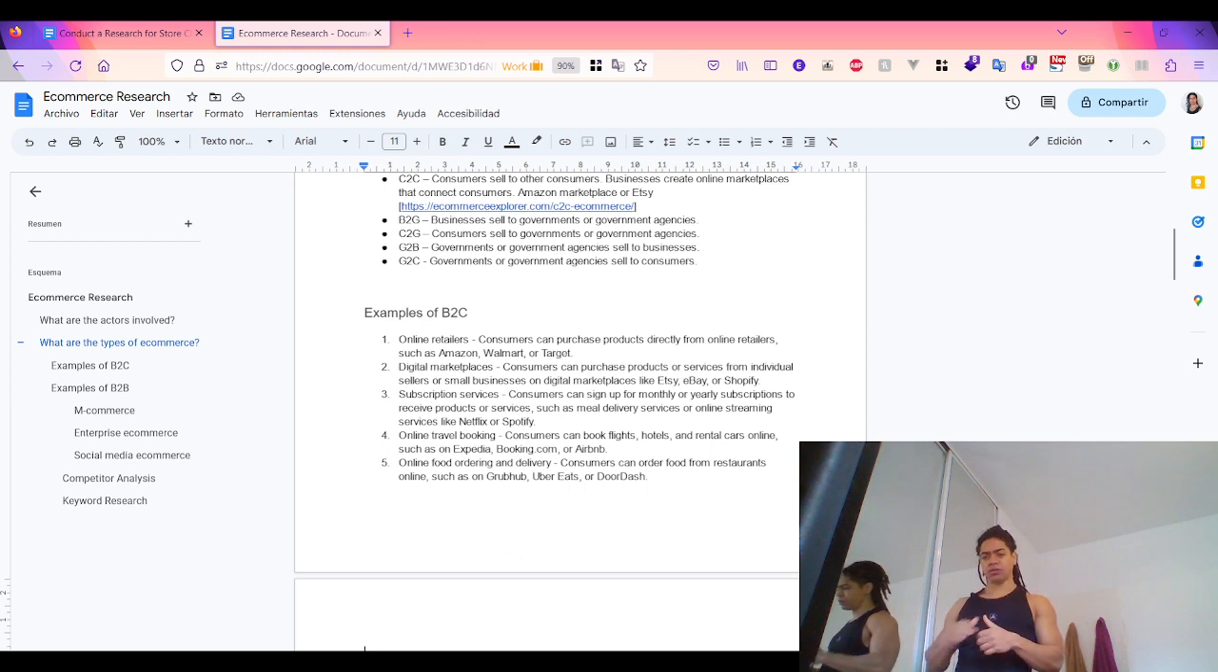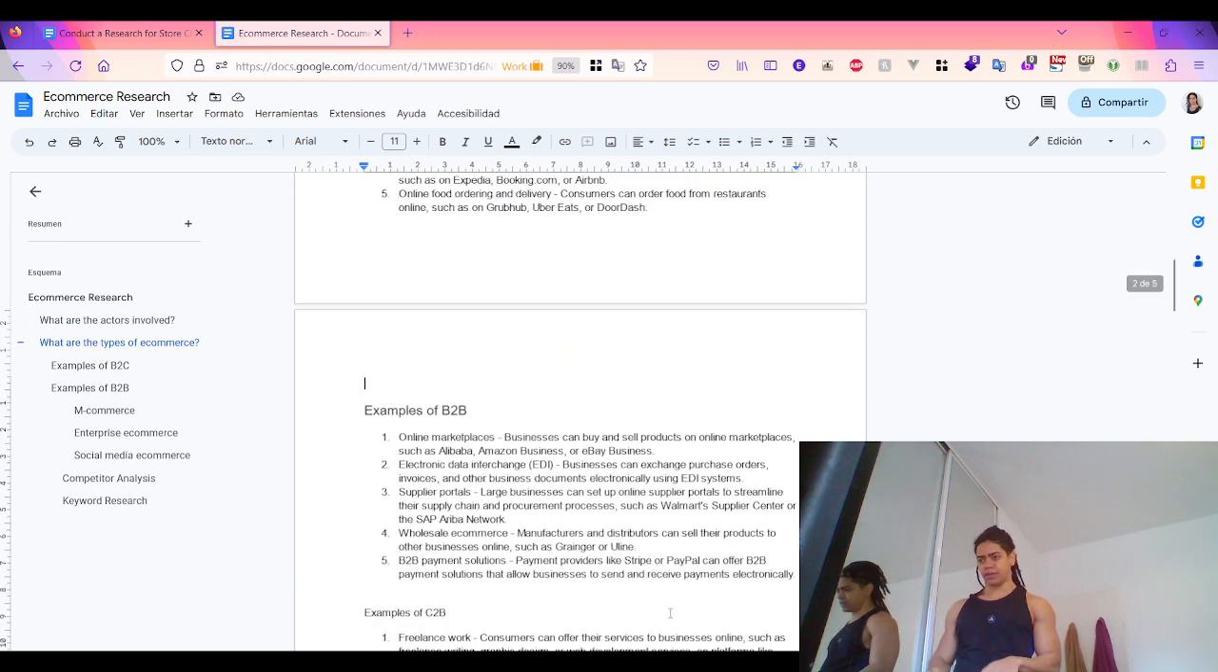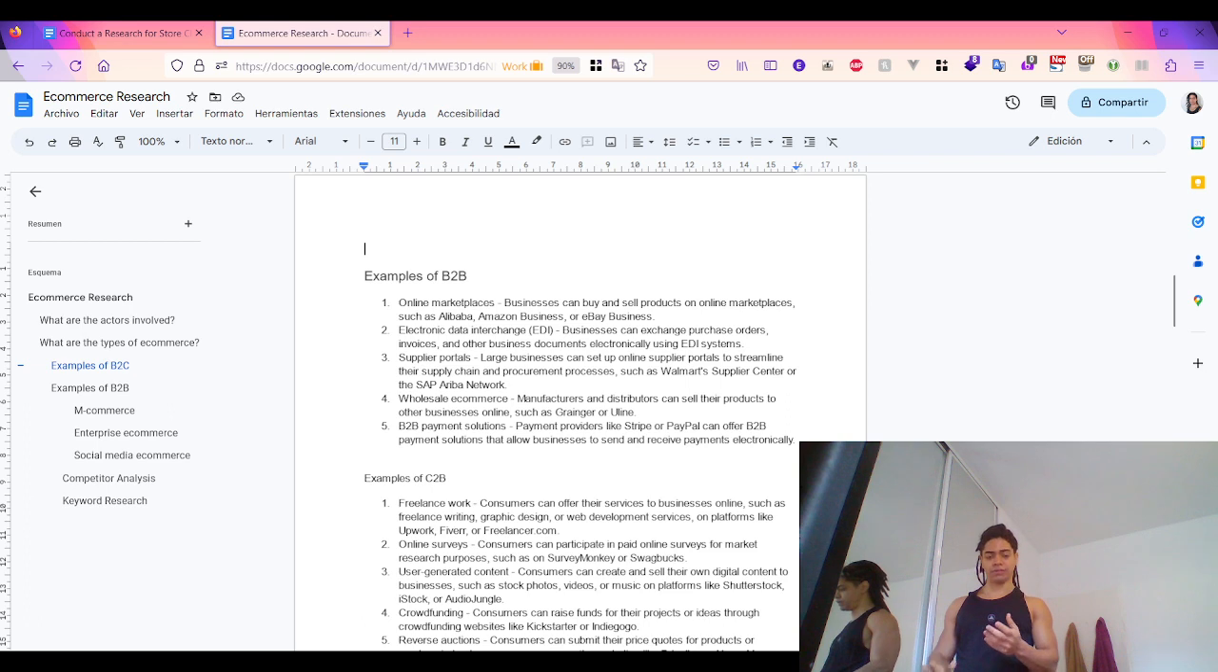Online travel and booking like Expedia, Airbnb, Booking.com. And now for business to business, you have online marketplaces like Alibaba, Amazon Business, eBay Business,